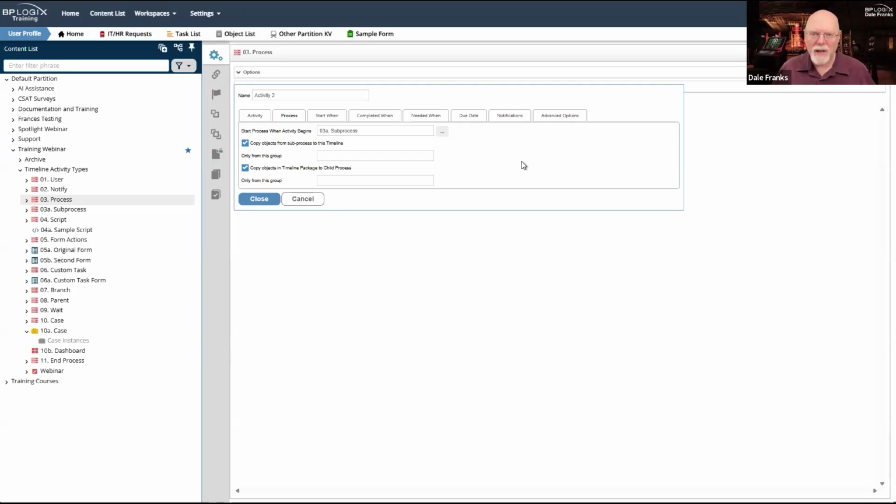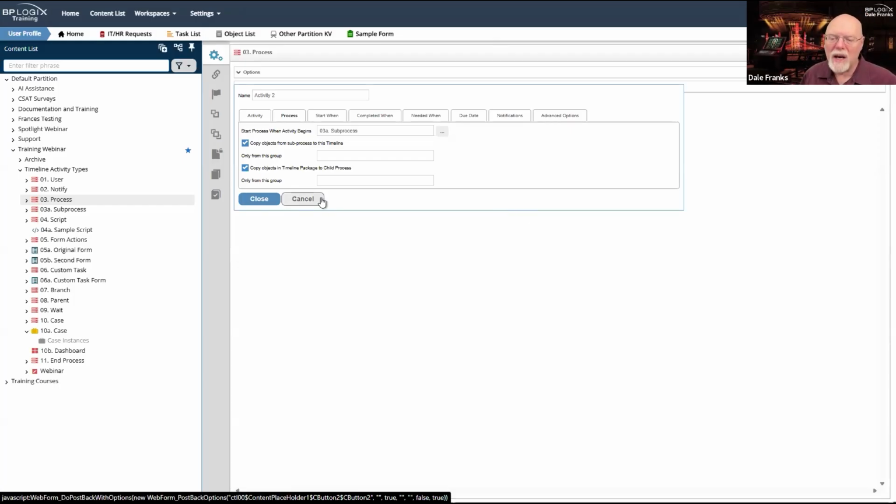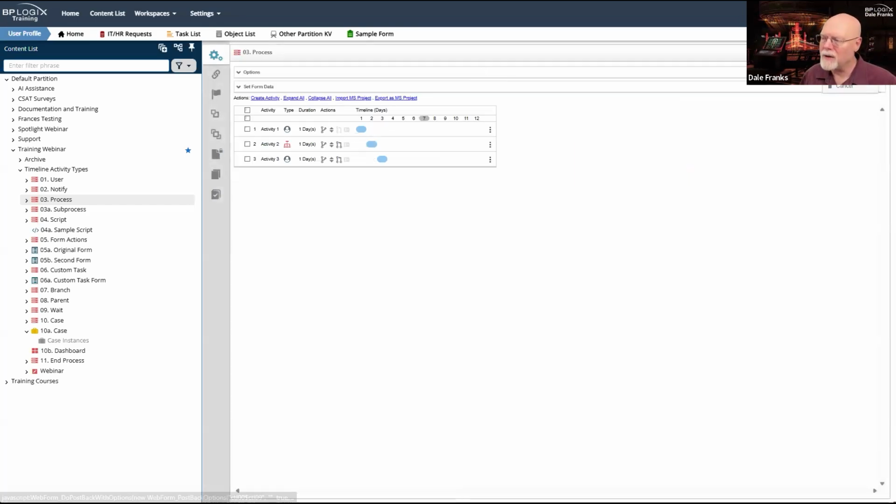Once that sub-process is completed, the process activity will complete, and then I will automatically be taken to the next activity in the parent process. So this all runs synchronously. So the parent process has to pause until the sub-process is complete.